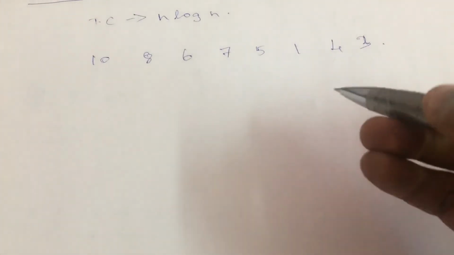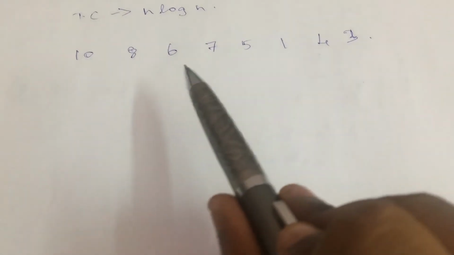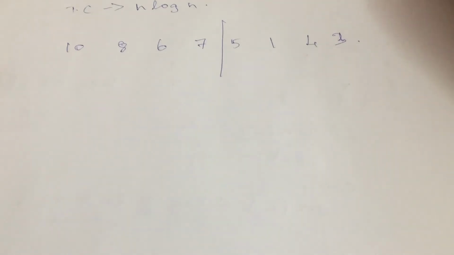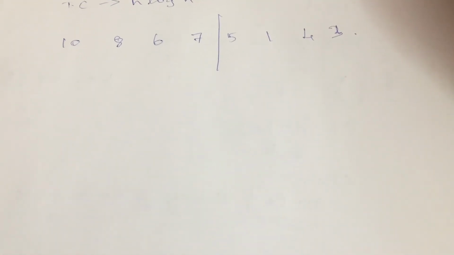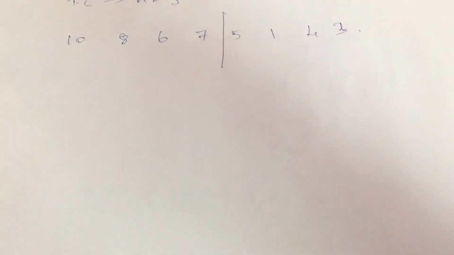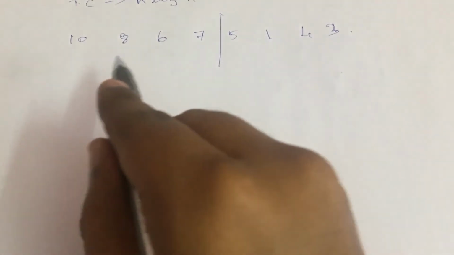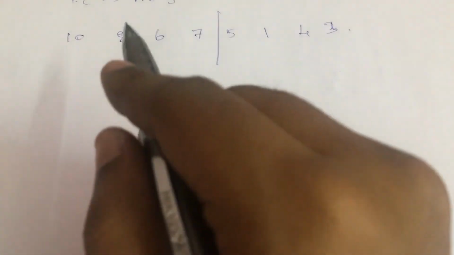So what happens is, first it will be split into two teams. If I count the total number of elements present here, we actually have 1 2 3 4 5 6 7 and 8. So we have 8 elements. So it will be split into two teams, right? So these 8 elements are now split into two teams. So on the left side I'll consider the elements 10, 8, 6 and 7. So here in this left side team, I can split them into two teams again.